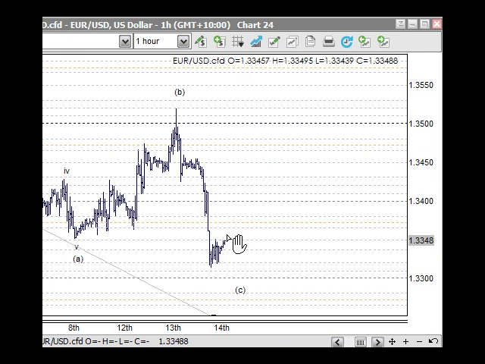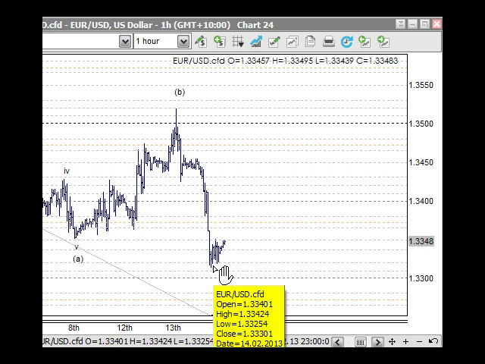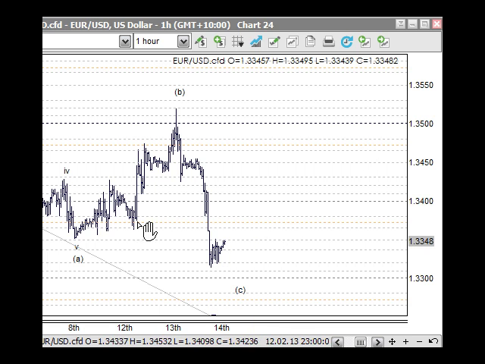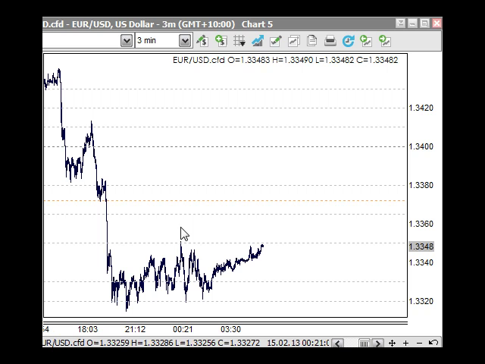So when we look at that on a smaller 1-hour chart here, we've got down for 1 and back for 2, down for 3, and this is the wave 4 going back, and then we should see a wave 5 coming down. So the wave 4 pulls back to 38.2% of wave 2 here, so that would leave us in around these supply levels around the 133.72 area there. So we should be just on the 3-minute chart here, just looking at that.